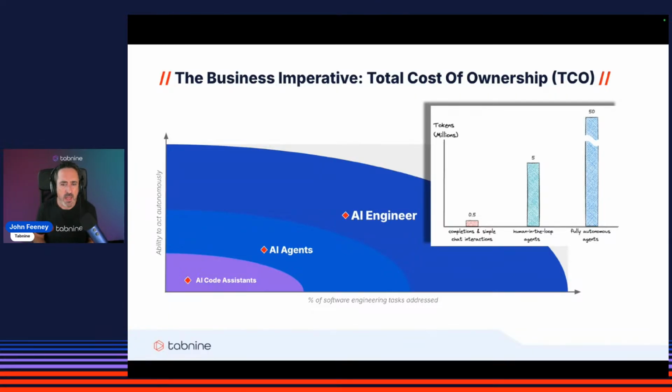So all of this is to say that, in terms of token consumption, we've seen an exponential growth in the consumption of tokens as AI coding assistants have evolved. And so a year ago, a developer might consume maybe 500,000 tokens when they're doing pretty trivial things like refactoring some code or generating unit tests, to the point where we're at today, where even a single individual can consume upwards of 50 million tokens, while working on certain problems using agentic workflows.